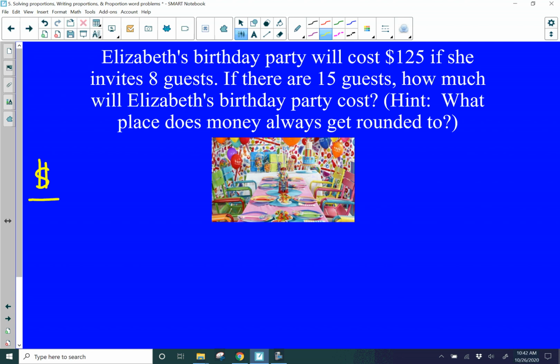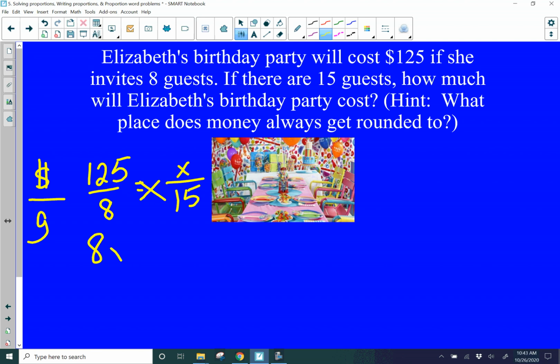So we've got money involved. So my keywords, I'm going to do dollars over guests. So $125 to have 8 guests. We want to know how much if there's 15. We're going to do our cross products. 8 times x is 8x. 125 times 15 is 1,875. And then our last step is to divide through by 8. And that's going to give us an answer of